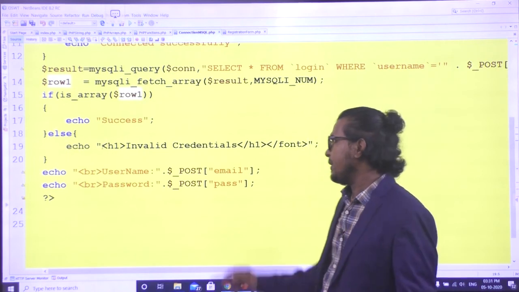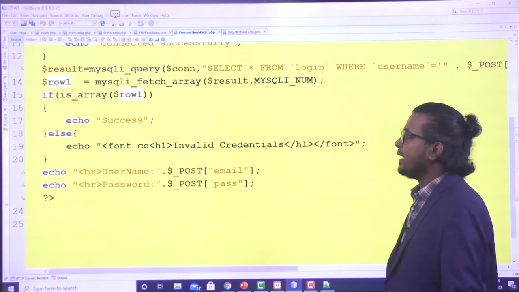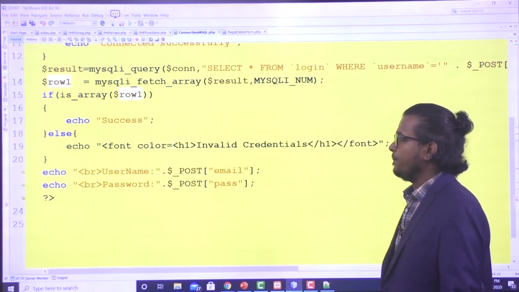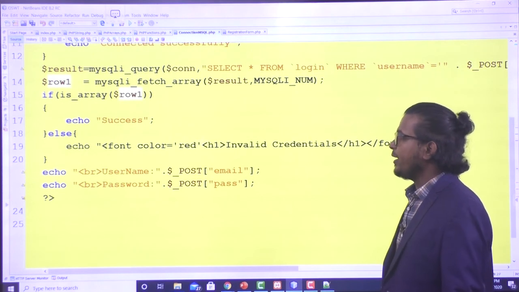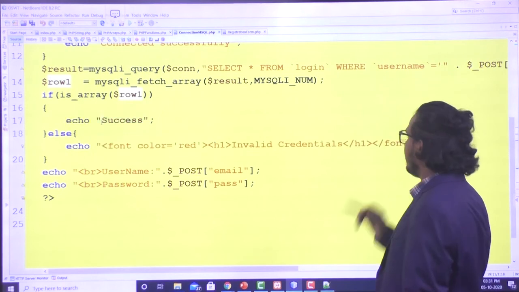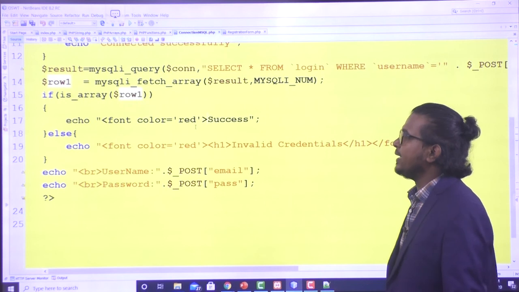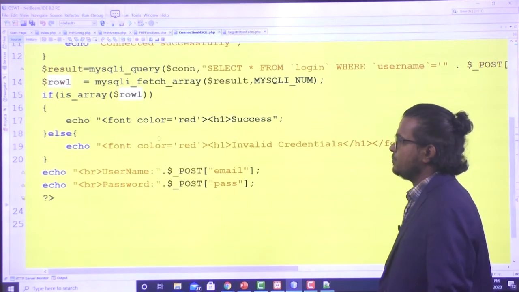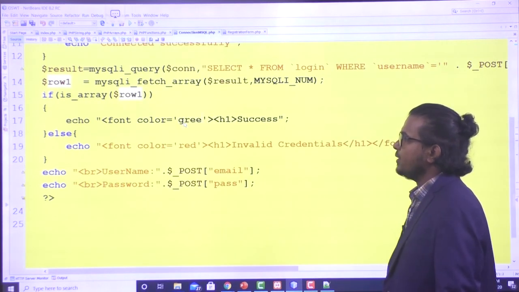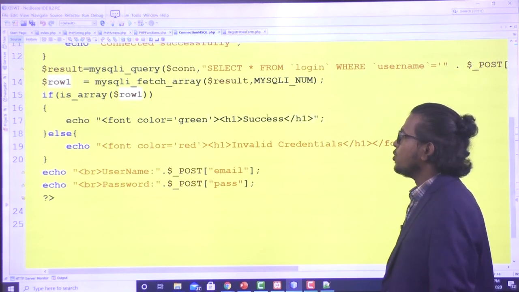I write font color equal to red, and close your font tag. In the success message, instead of red, you give the green color, and close your head tag and your font tag.